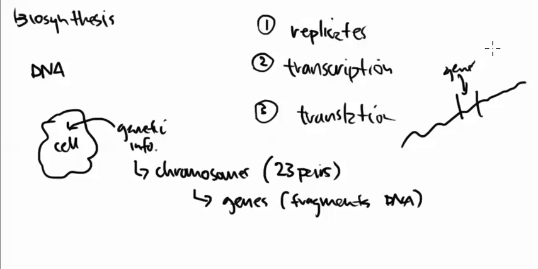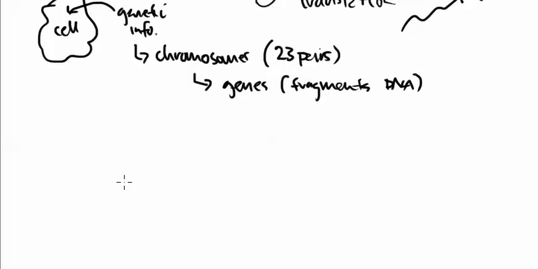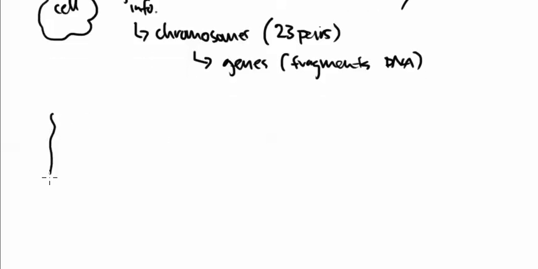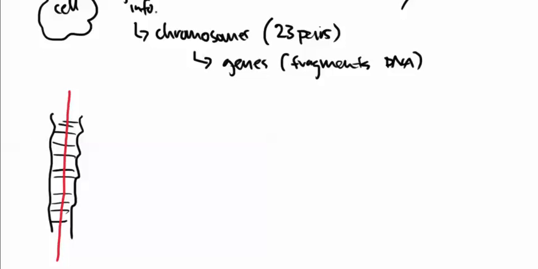Okay, so what can we say at this point? Well, one of the first things that Watson and Crick did was take a look at these DNA molecules and talk about the importance of the strand and the complementary strand. What can basically happen here is that we can take DNA and cut it down the middle, and we can separate these two strands from each other. And when we separate these two strands from each other, they are templates for new strands.